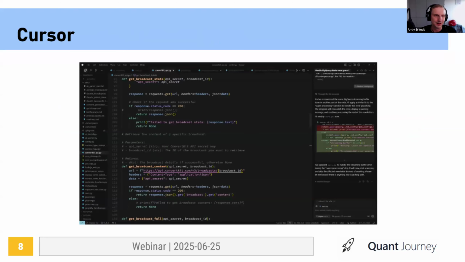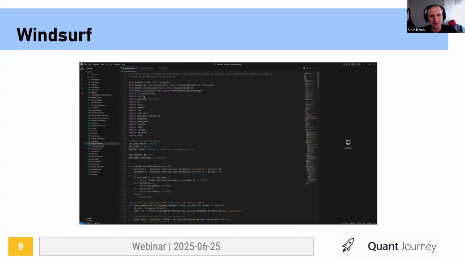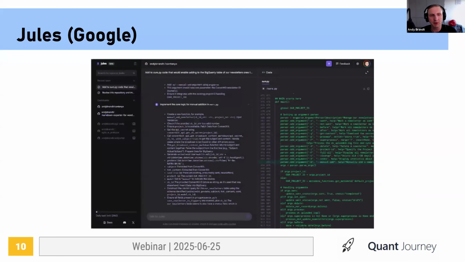This is Cursor. This is Windsurf. I talked about them a bit. I will be showing Cursor a lot because that's my tool of choice, and I think it's the most popular tool right now, offering the best mix of features and capabilities, especially with the latest release of version 1.0. We have Windsurf, which has many fans. I'm not one of them, so I will not be covering it, but it's really similar in its idea and how it works. We have Jules.